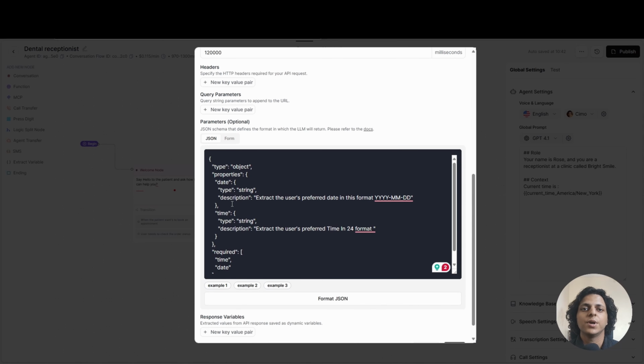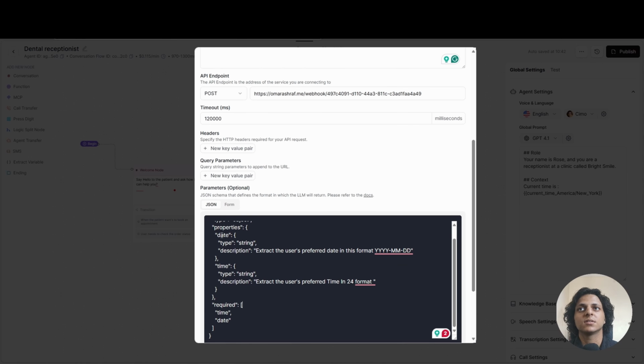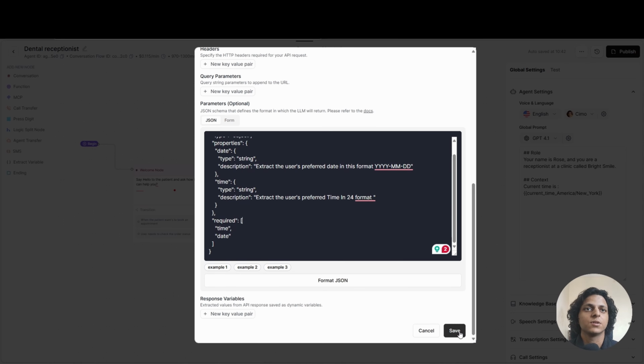The parameters are the way you tell the LLM what you need from the conversation. So we're going to tell it we need the date and time. For the date, we're going to tell it to extract the user's preferred date in this format, which is year, month, and day. And for the time, we're going to tell the LLM we need the preferred time from the conversation in the 24 hours format. And we're going to tell it it's required. We have to get this before you call the function. Before you send the data to this webhook, we need to send it the date and time. Then we click save